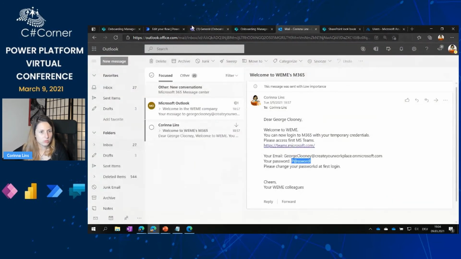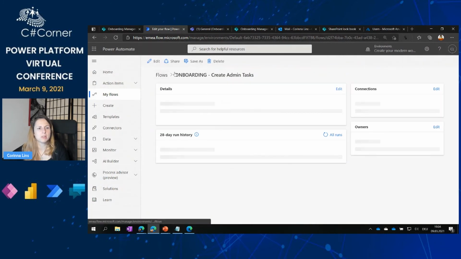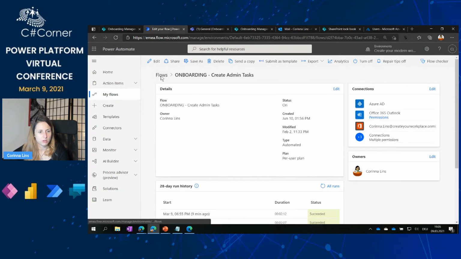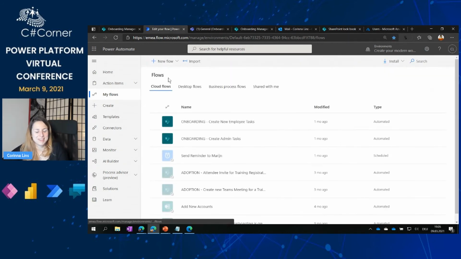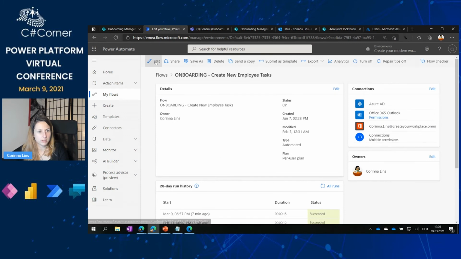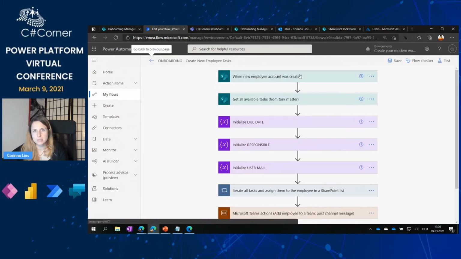Let me just also switch to the workflow to show you. It's similar to the admin tasks. Here we can also see that the first workflow, the admin tasks, was run, and it also created some actions. And let's just switch to this workflow and let's see what happens here. So, like I've said, it's similar to the administrative onboarding. When the account was created,